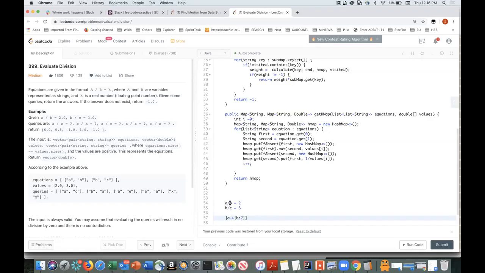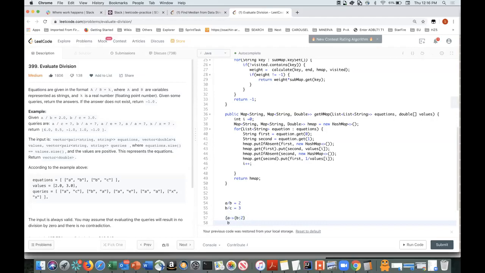Something like A is to B is given as 2, right? So I will have a map where my key will be the very first item of the equation. The value will be a map which will have the key as the second item of that equation, and the value of the submap will be the double value of that particular equation, like that, right? So once we have this type of data structure, it will be easy to solve.